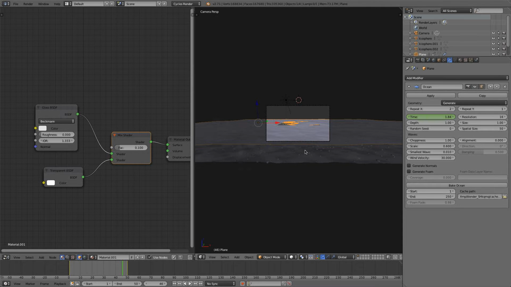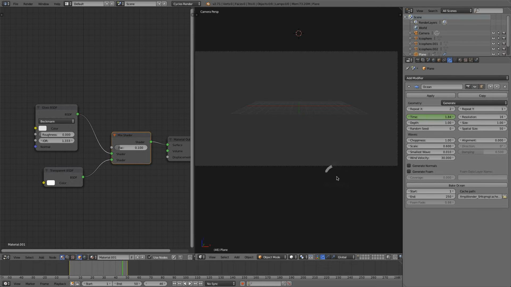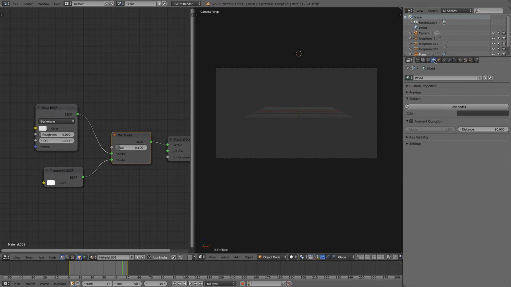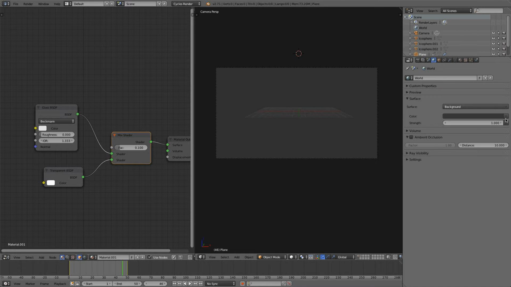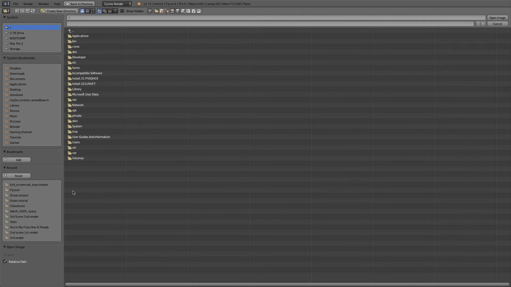So I'm going to be using an HDR to light our scene here. And I think it would be easiest to jump to my bottom layer to add this in. So go to your world settings, click use nodes, and click environment texture. Now the texture I'm going to be using is like a HDR like I said, and there'll be a link to the website where you can download it in the description. But I'm just going to open it up right now,